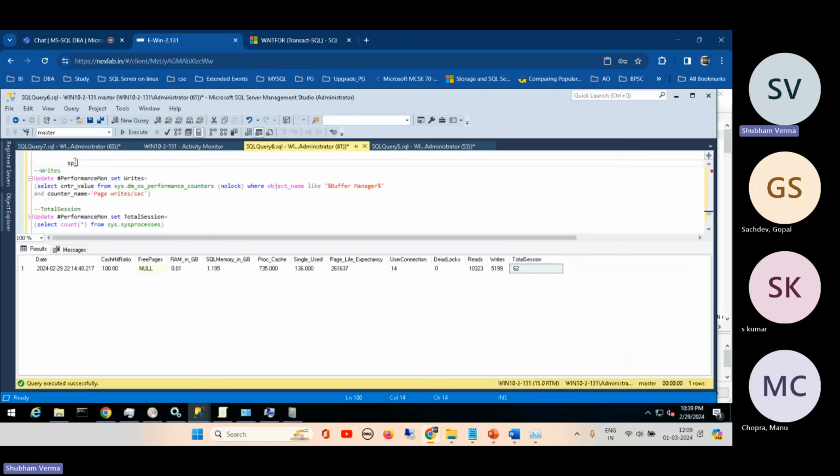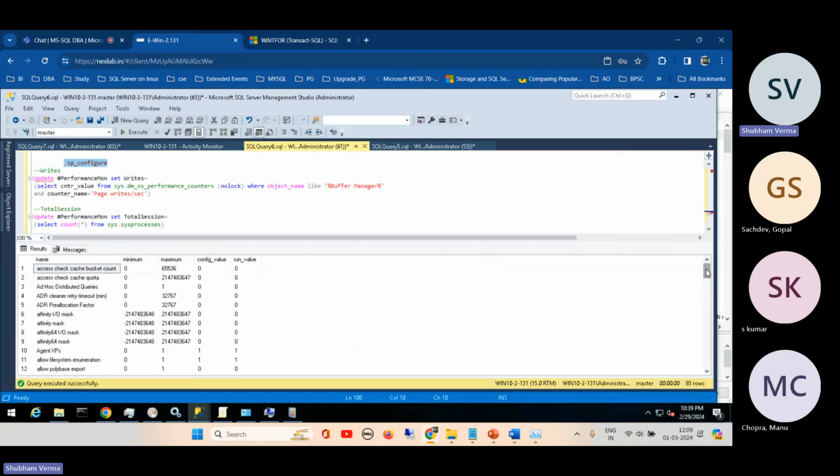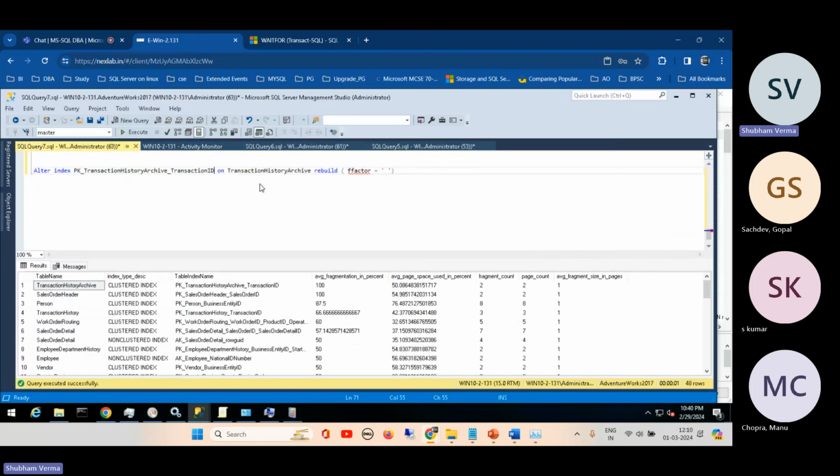Let's see. sp_configure. We can pass many parameters inside that to optimize this rebuild index query. Okay, we have not enabled it. Okay, this is fill factor. Same name. What is getting here? Fill factor, and then we have to pass here